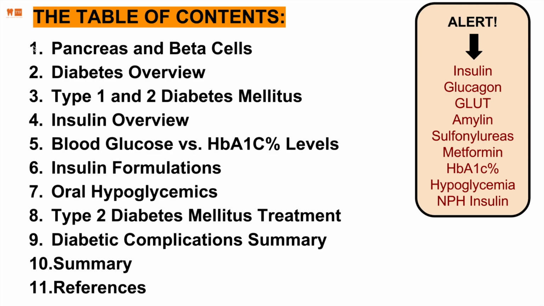So, the table of contents. Let's begin outside of the bottle. We'll do pancreas and beta cells. We'll move into the bottle's widest portion, which is the diabetes overview and the two types of diabetes mellitus. Then we'll dive in a little deeper: insulin overview, and then blood glucose and HbA1c levels, as well as diving